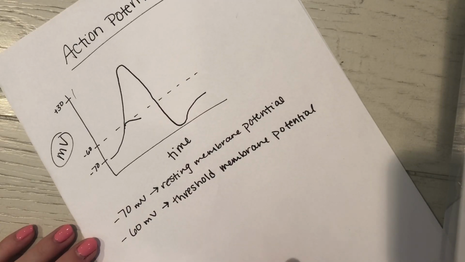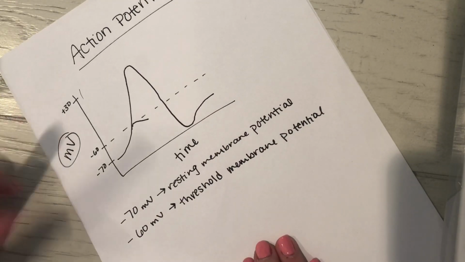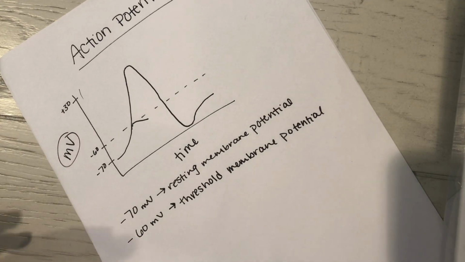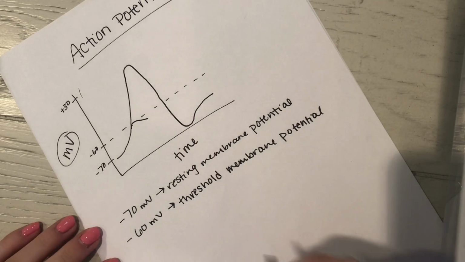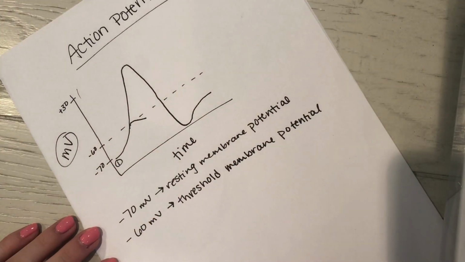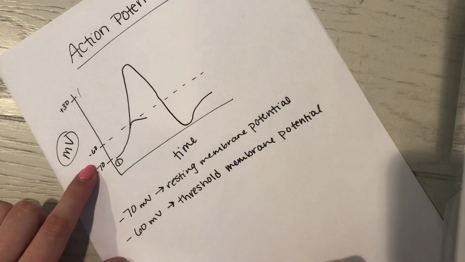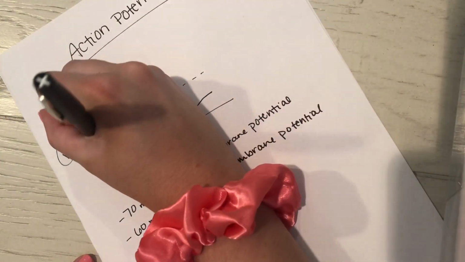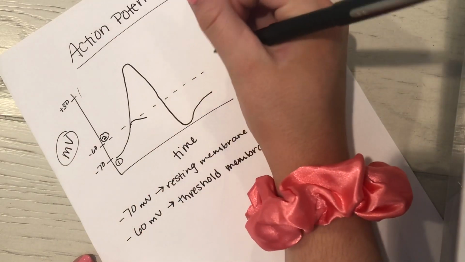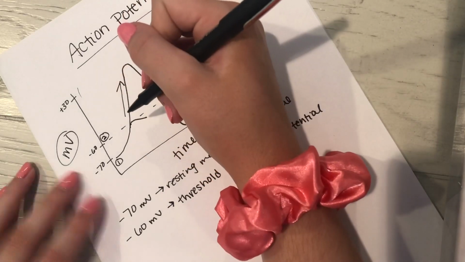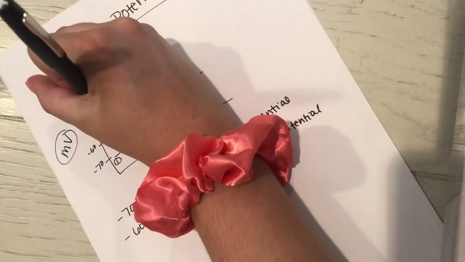And +30 is just the peak of our action potential. When it gets to that point, that's when it's going to be dropping off. So let's look at some of these phases. Like I said, we start here with our resting membrane potential, and then at -60 is our threshold membrane potential. So step 2. And then this part right here where we see this major increase in charge is going to be